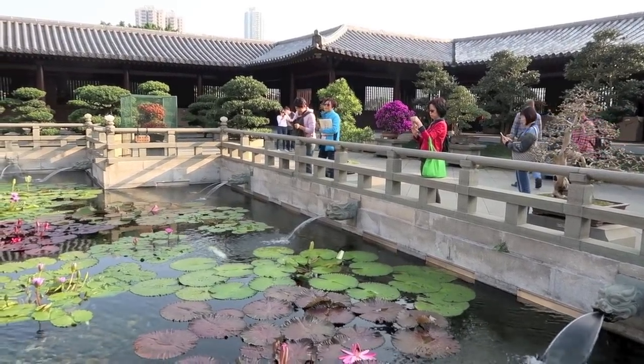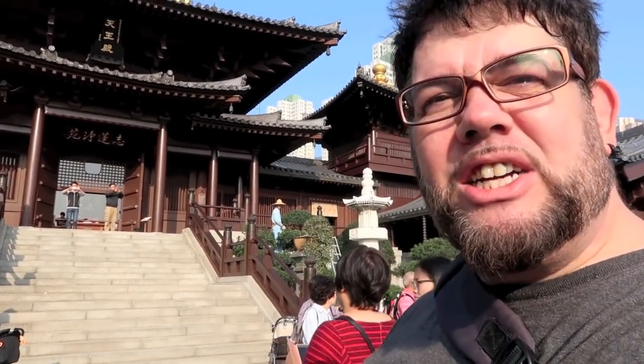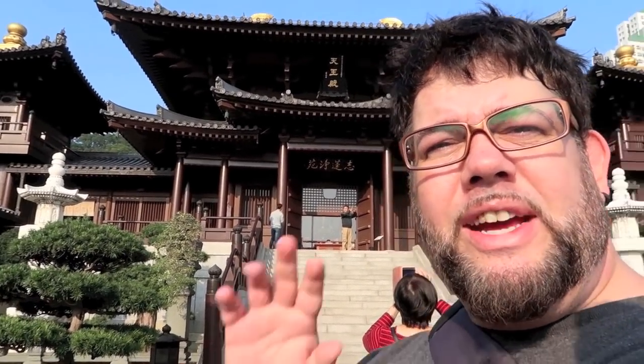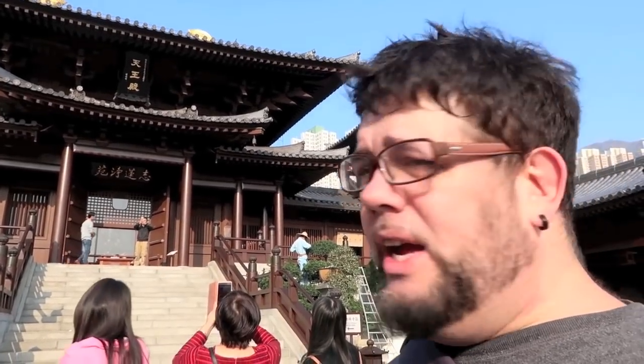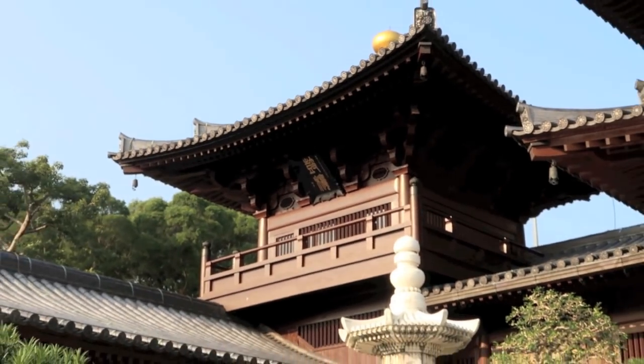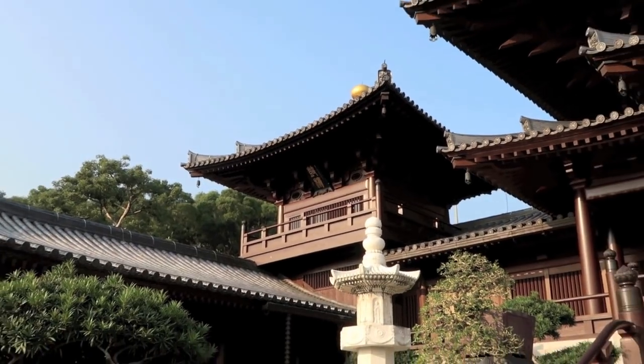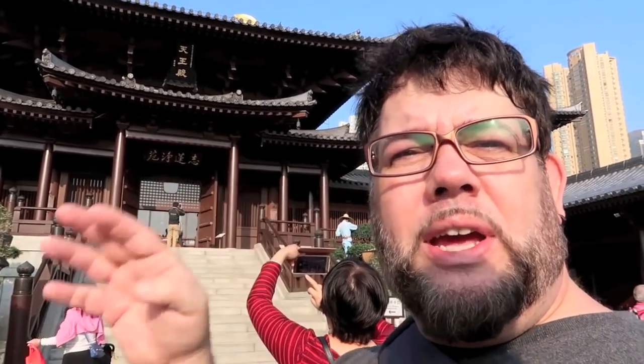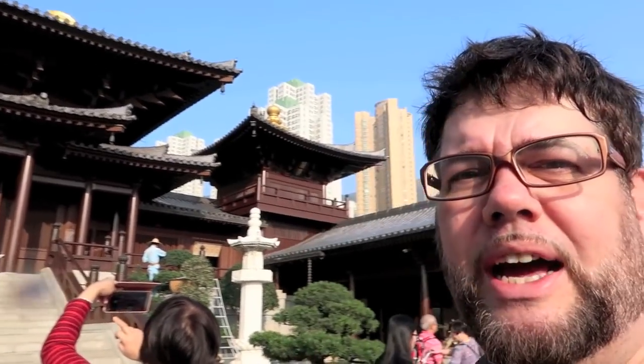So you're probably looking at this temple and thinking, hey, that looks kind of Japanese. Well, yeah, kinda. Actually, the Tang Dynasty from China from about 1500 years ago, they shared a lot of cultural similarities, and they built this whole thing with not one nail, not one. They had an interlocking structure to make this thing stand, and this gets influenced and replicated back and forth between Japan. So it kind of looks